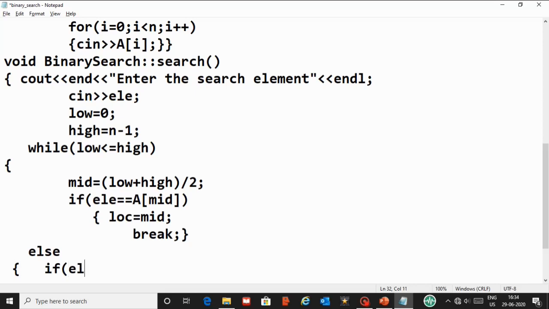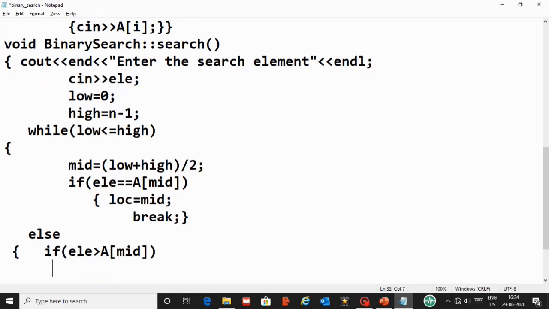So ELE is greater than A of mid. If the element is greater than A of mid, what should I do? By this time I have explained it to you. See here, if the element is greater than A of mid, it should be present only after the mid element, right? After the element at the mid position, then only the element would be present if the array is arranged in ascending order. So I should change the low value. So what will low become? Low is equal to mid plus 1,